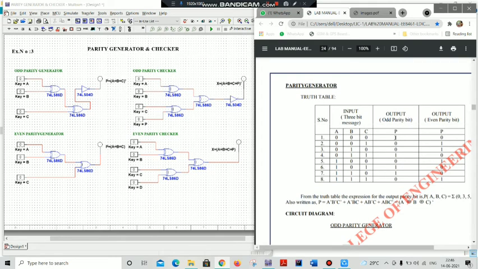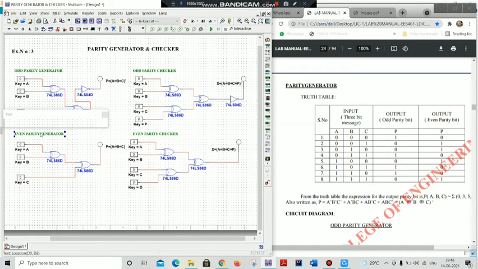After that I'm making the even parity generator input as 1 1 1. Since it has the high value, I'm making the even parity checker input as 1 1 1 1.